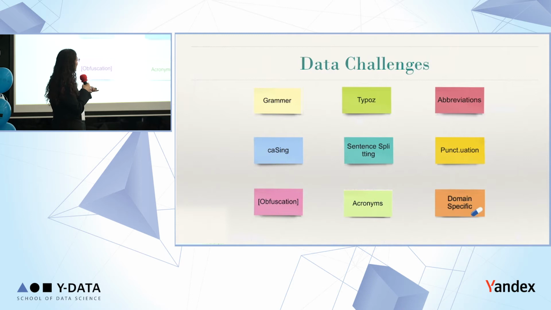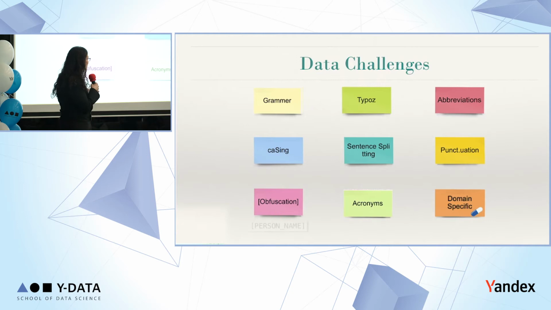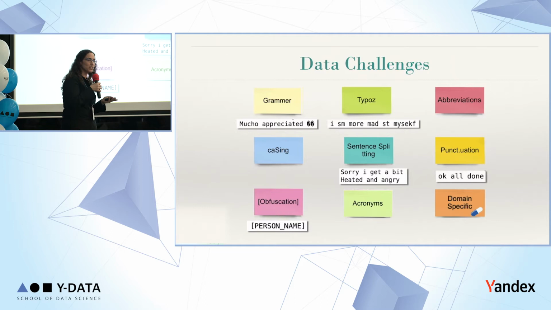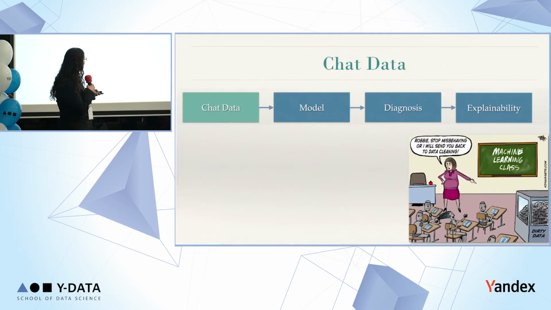Okay, so the data. It's chat data. Most NLP libraries are trained on well-structured text, and this is not the case here, so that imposed a little more complication to our project. And even though the data is challenging, why do we want to use it? Chat data compared to structured data is way more informative because it's an open, free conversation. However, it's also noisy, similar to the internet. There's a lot of useful information, but you need to clear out the noise. And the challenge here is how do you retain the meaningful information while removing the noise?